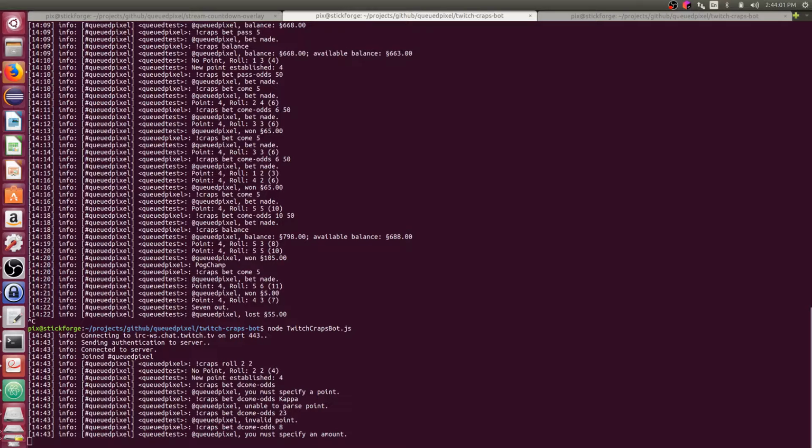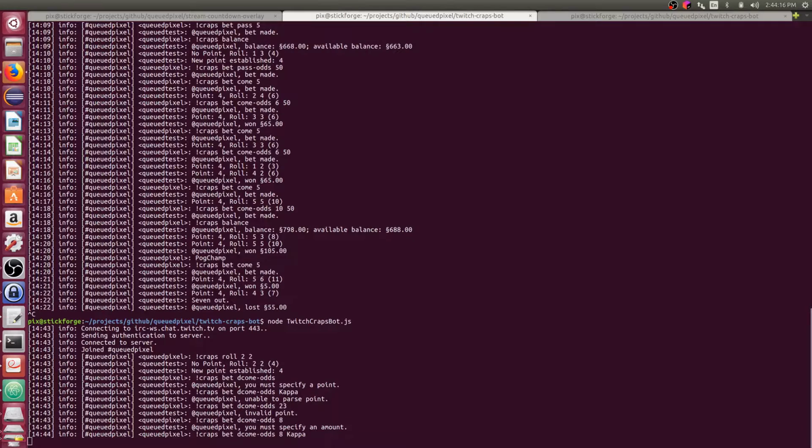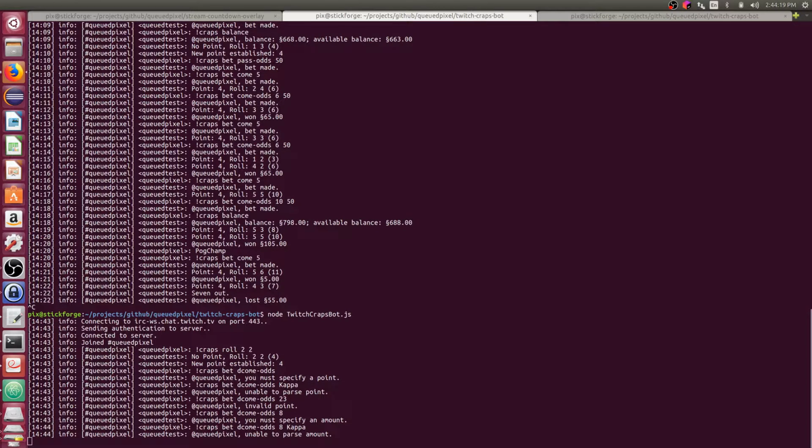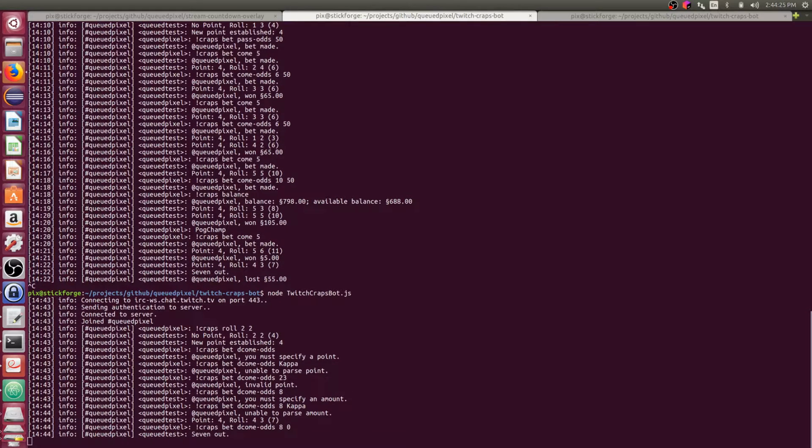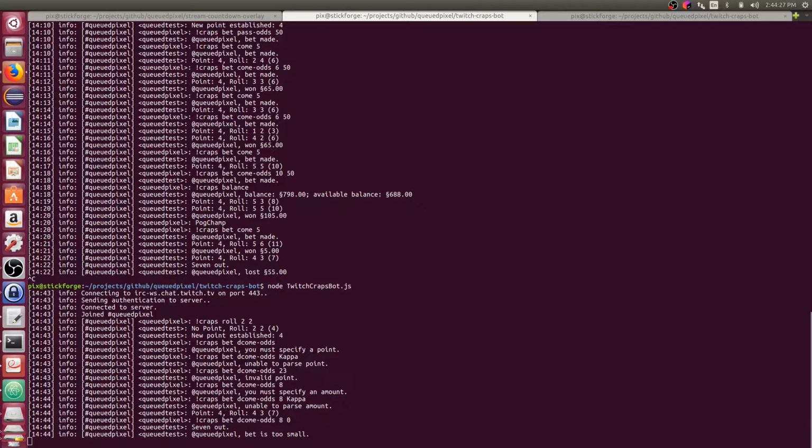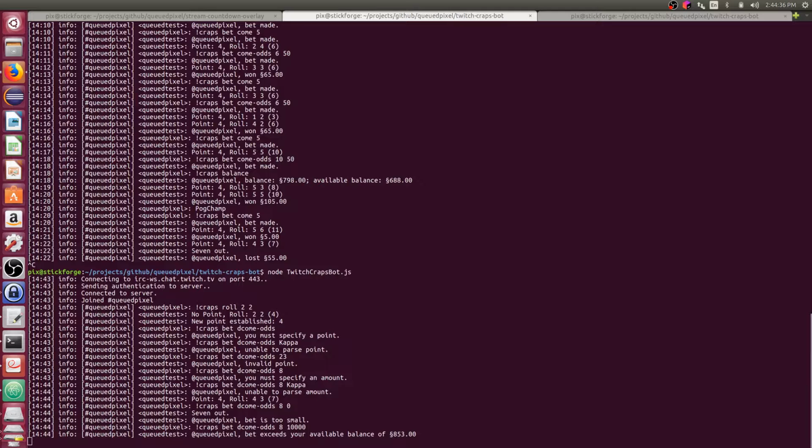Now we need to specify an amount. All right, so all the rest of this is going to be pretty basic. Should be working still. It's all based on already existing work. But let's just do something broken here, like kappa again, so we can't parse the amount. Then we'll say 0. 7'd out in the background, but that's alright. We don't need to have a point. Bet is too small, so let's say 8 and 10,000. Sees my available balance of 853. And finally, let's go bet something that's within range, so